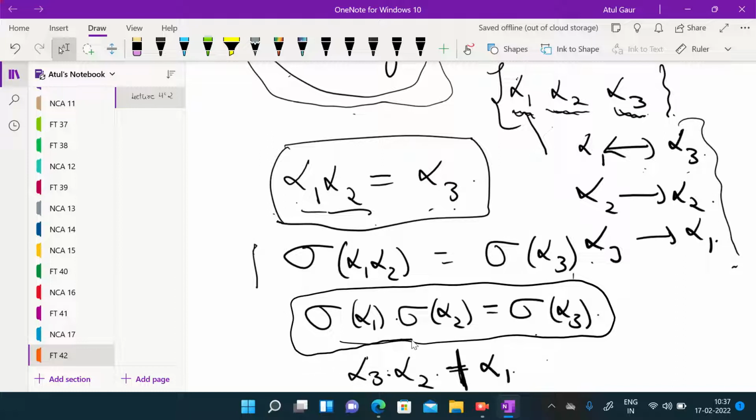अगर कोई ऑटोमॉर्फिज्म है तो वो has to satisfy this relation. लेकिन इसका परम्यूटेशन कंसीडर करो, ये परम्यूटेशन अल्फा 1 जाता है अल्फा 3 पे, अल्फा 2 पे रहता है, अल्फा 3 अल्फा 1 पे रहता है. तो इफ यू डिफाइन ए ऑटोमॉर्फिज्म with the help of this permutation, that means कि अल्फा 1 अल्फा 3 पे जाए, अल्फा 2 पे, अल्फा 3 अल्फा 1 पे जाए, राइट? तो इस परम्यूटेशन से जो आप मैप डिफाइन करोगे कि अल्फा 1 अल्फा 2 अल्फा 3 पे,